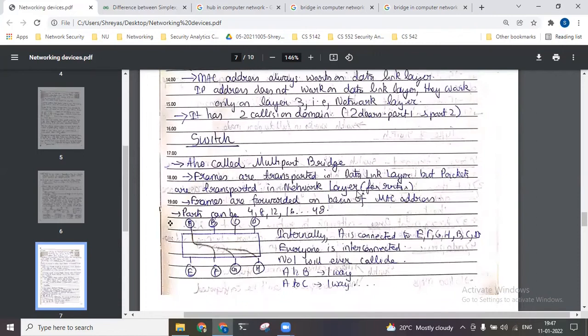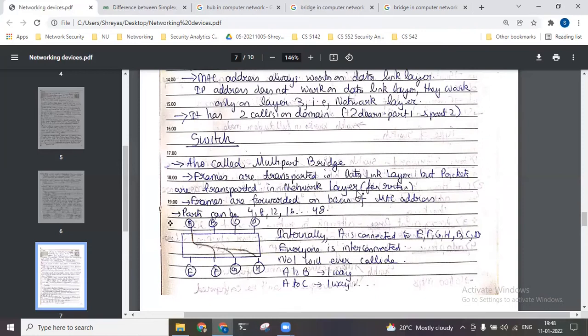So then came the concept of a switch, which is basically a multi-port bridge. What happens in a switch is that there are multiple collision domains. In this switch there can be 24 doors, we can say 24 collision domains. There can be 48 collision domains, there can be 4, 8, 12, 16. There can be multiple ports, and each port will be connected to a single device. So now it is like the room has 24 people and for each person there is one door, so there will not be any confusion. The moment the food arrives, every person can take a unique door and exit the room.